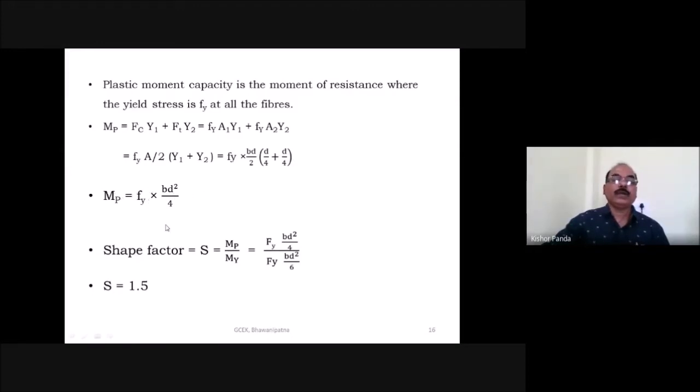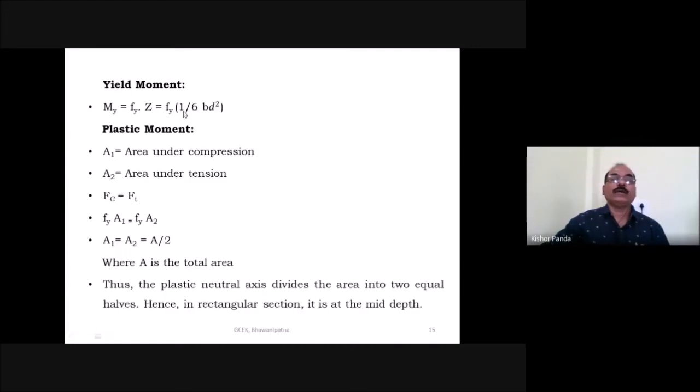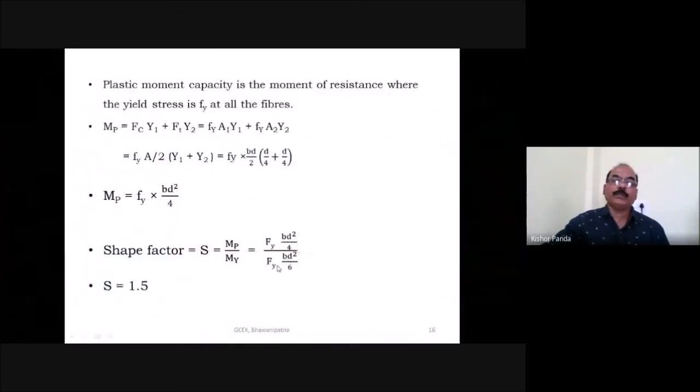Then you have to find out what is the shape factor. The shape factor is equal to the plastic moment divided by the yield moment. So the plastic moment, you know, is Fy into Bd square by 4, and the yield moment is Fy into 1 by 6 Bd square. So Fy Bd square by 4 and Fy Bd square by 6. Here Fy cancel each other, and Bd square, and after simplifying this one,